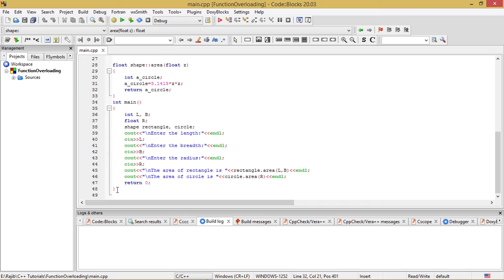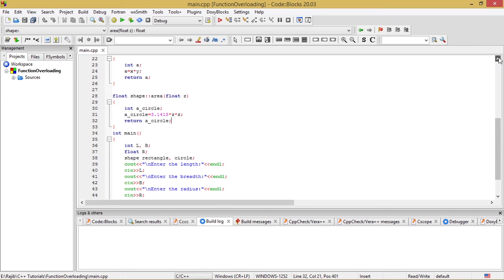We will be able to see whatever length I give as input from the standard input device, and whatever is given as the breadth will be multiplied to give the area of the rectangle from the first area function, which has been defined above this one, that is this one.